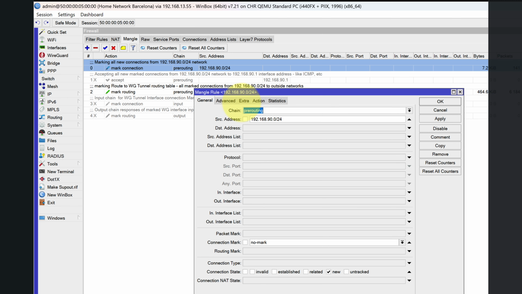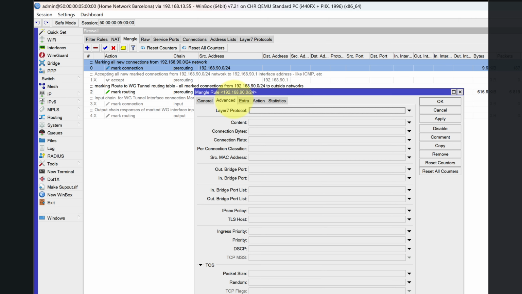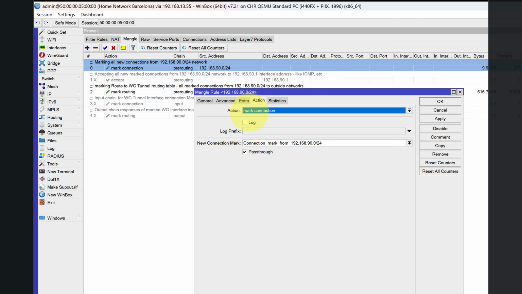We have a rule in the chain of pre-routing. What does it mean? It means that before we do any routing, any forwarding activities, we are checking the status of this packet. If this packet has a source IP address of 192.168.90.0/24 and we didn't mark that packet with any connection mark, and this is the first packet which has a connection state of new, we are going to do something with this packet,